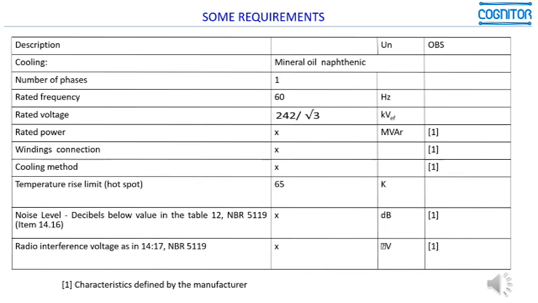And here there is some more data for the specification, and one interesting point to mention is the temperature rise limits; the hotspot, in this case, is specified as 65 Kelvin. In general, transformers are classified related to temperature rise as 65 Kelvin or 55 Kelvin. These are the two most used specifications. There are some special cases, but these are the ones that we usually see in the market.